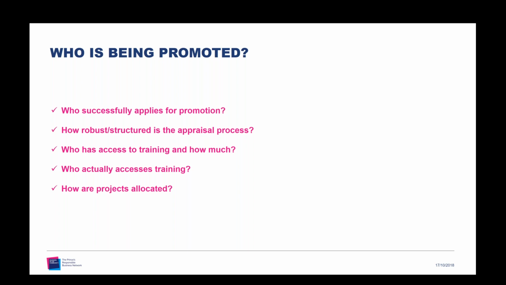Employees who are keen for promotion might consider doing their own level of training in their spare time, but ask those questions. And I think also some companies need to consider, do they pay employees for time out of work to go on training? Because this can have a major impact on employees, particularly at the lower levels of your organisation. So I think the key is there are creative options that exist out there to look at who's been promoted, but you need to find out the information first.